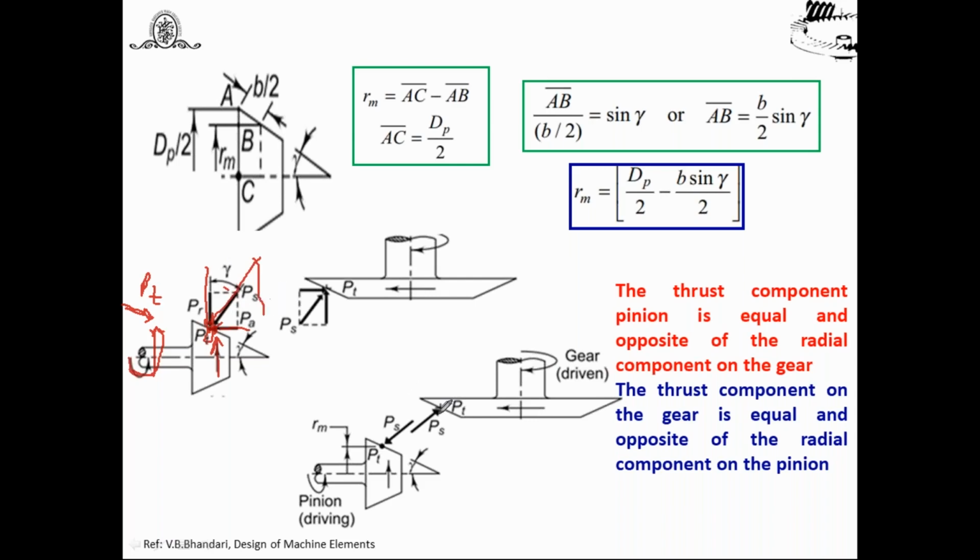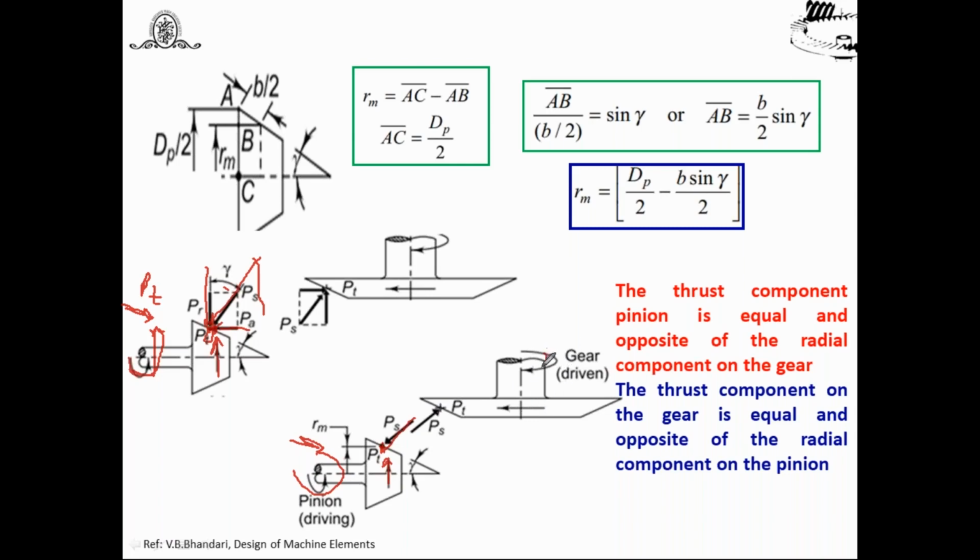Then, very important, I would like to show it in this figure also, so try to understand. This is the pinion driving. Again, it rotates in this direction. The PT should act opposite to that. But how to show it? I don't show it in this way. Opposite means a downward direction, because it acts at this point. If I show it from this direction, it becomes a point when you are observing from my side in the frontal plane. That's why this dot is shown, and this indicates that even though it acts in the opposite direction, an arrow is shown in this direction, it's PT. This is the separating force PS, and this is also a separating force.